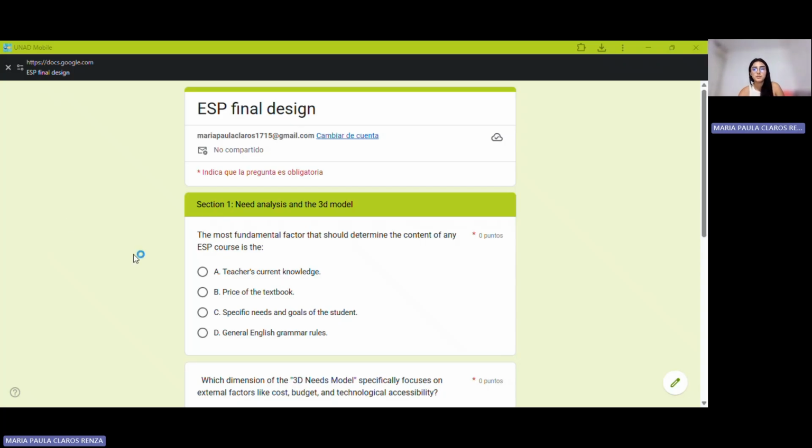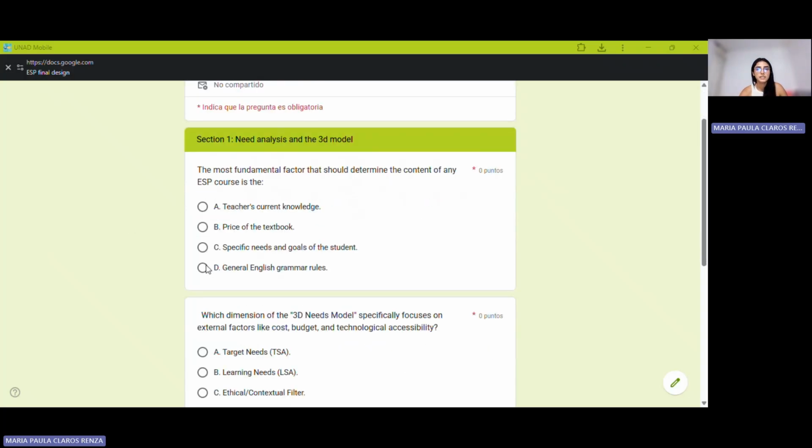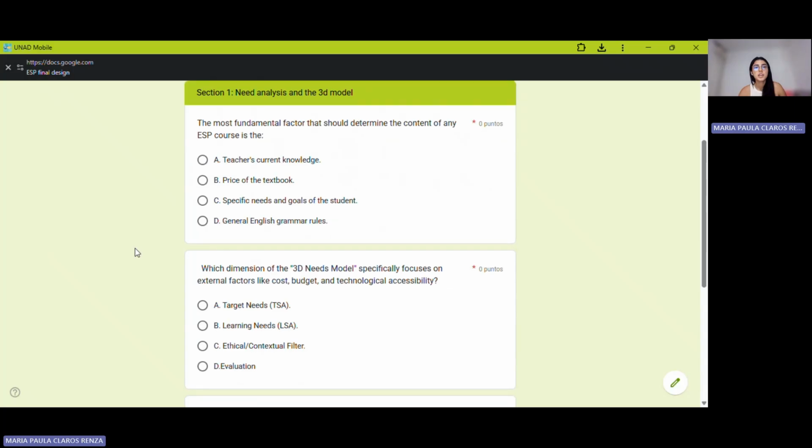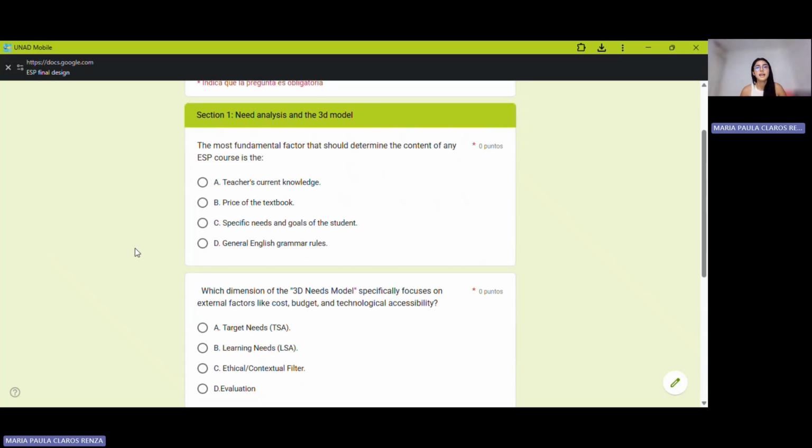The personal information and the reflection questions. This helps students think about what they have learned, how they've grown, and what challenges they have faced. And also, the first section is about needs analysis and the 3D model. We have